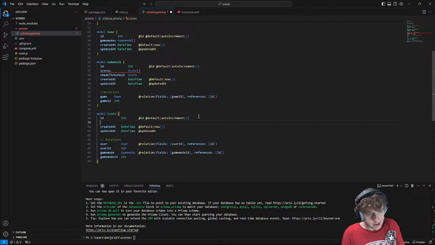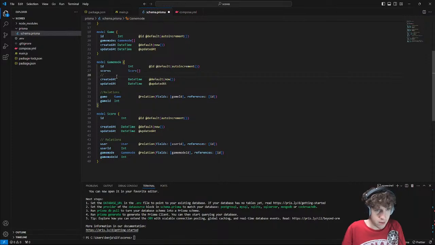For the score model itself, I'm going to want the actual score being stored, and then the game mode to define what is going to be that. Okay, so I'm going to remove this for a sec. Actually, I'll comment it out.